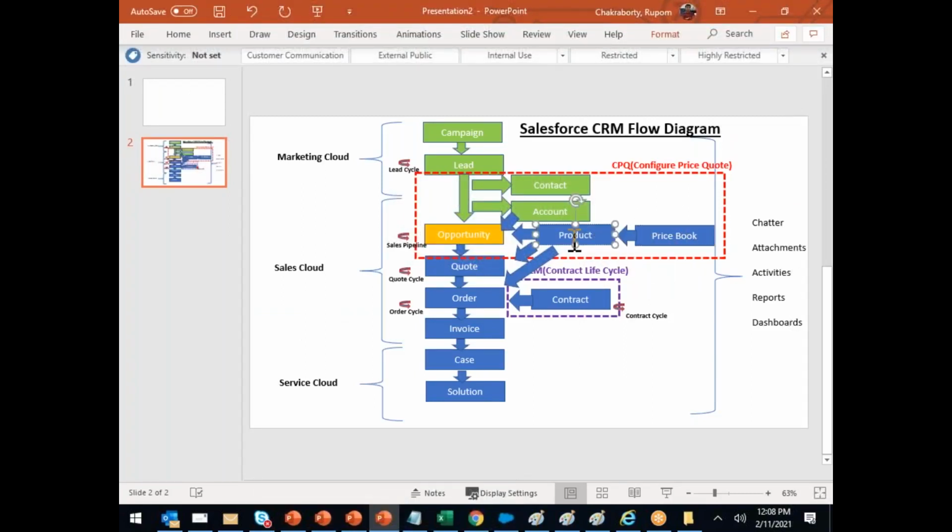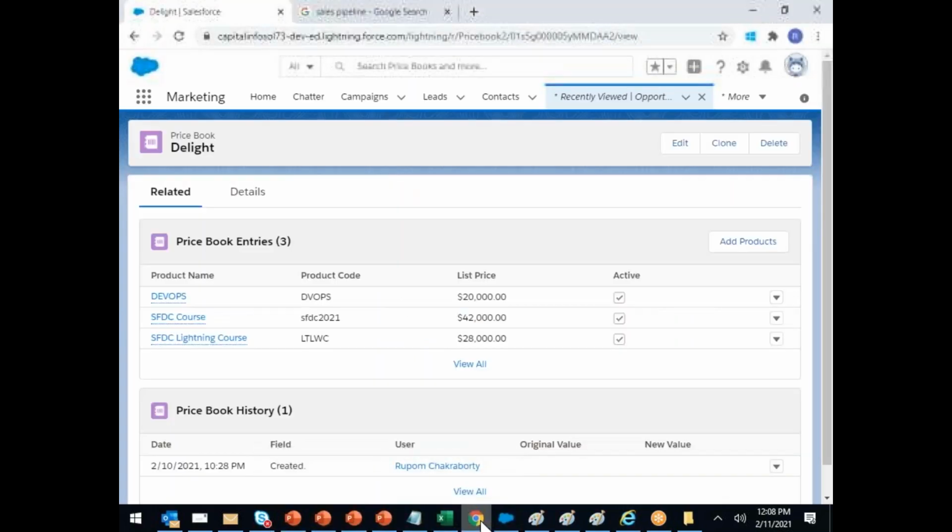Price to product, we have linked. Now price and product have to link to an opportunity. Shall I continue? Another 3 to 4 minutes? Yes, right. So what we did, we created a product, we created a price book. You can connect a price book to a product or a product to a price book, anything. If you are connecting from a product to a price book, you have to add a single price book. But if you go to the price book and then add product, then you can add multiple at a time: 10, 20, 50, 30, 100.